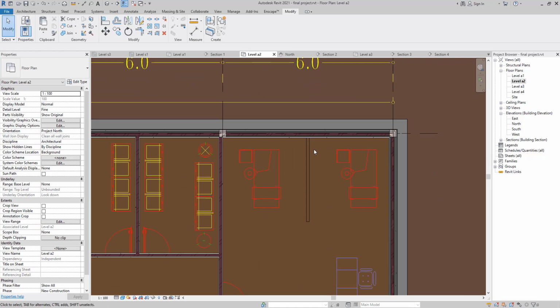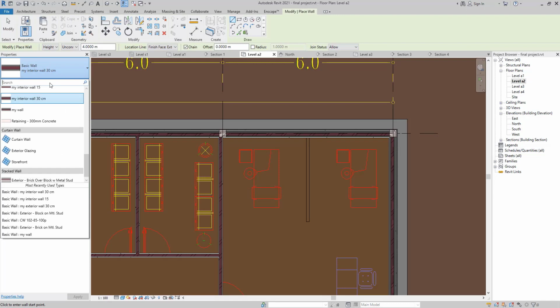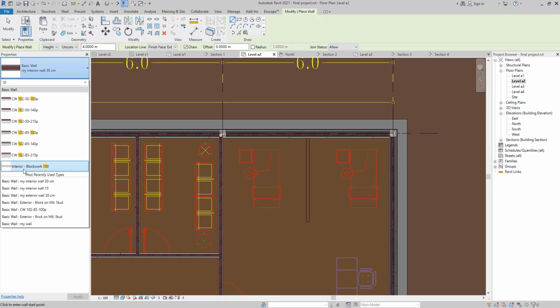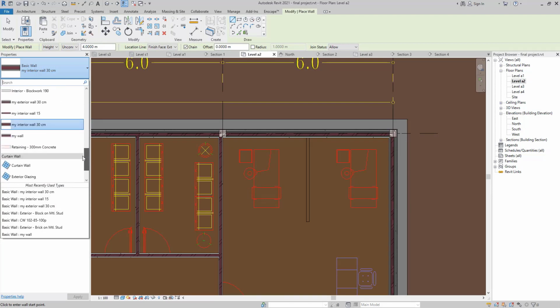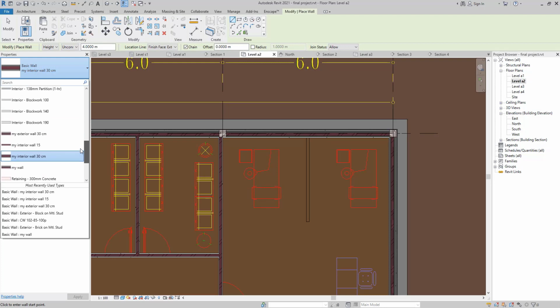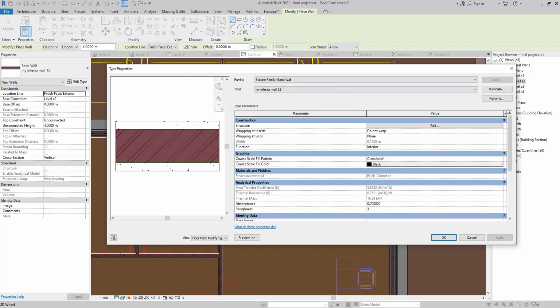And 30 centimeter, and here we are going to use our 10 centimeter wall. We are just going here in the search bar, we are just going to add 10, and here we can find our wall. It's not here, so let's see where our wall is. My interior wall, we need to create a 10 centimeter wall, so we will go to our 15 centimeter, duplicate my interior wall 10, and